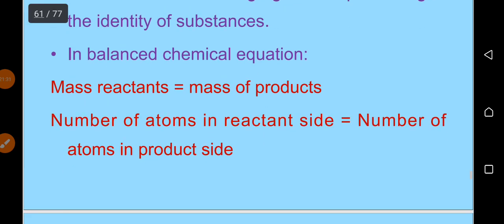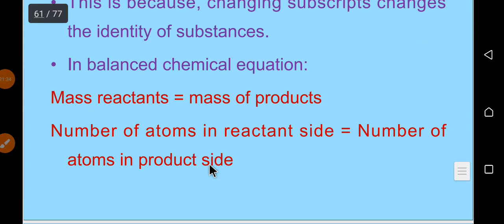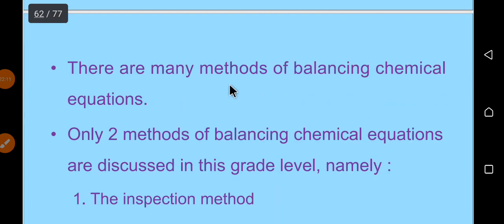So in a balanced chemical equation, balanced በሆነ ኬሚካል ኢኩዌሽን ጊዜ mass of reactants is always equal to the mass of products. ማስ ኦፍ ሪአክታንቱ ከማስ ኦፍ ፕሮዳክቱ ጋር እኩል መሆን አለበት። So the number of atoms in the reactant side is always equal to the number of atoms in the product side. ሪአክታንቱ ላይ 6 አተም ካለ ፕሮዳክቱ ላይም 6 አተም መኖር ግድ አለበት።